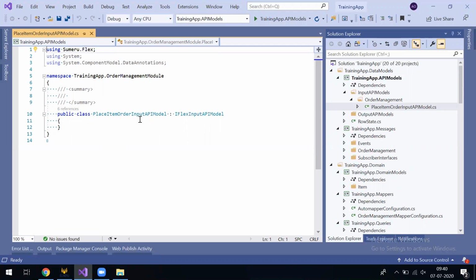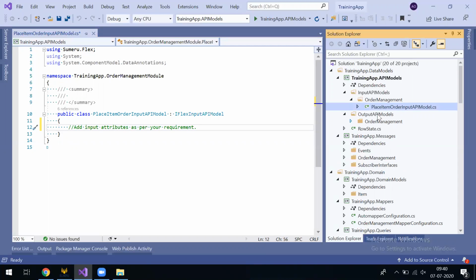inheritance given here. You have to go ahead and add input attributes yourself as per your requirement over here.